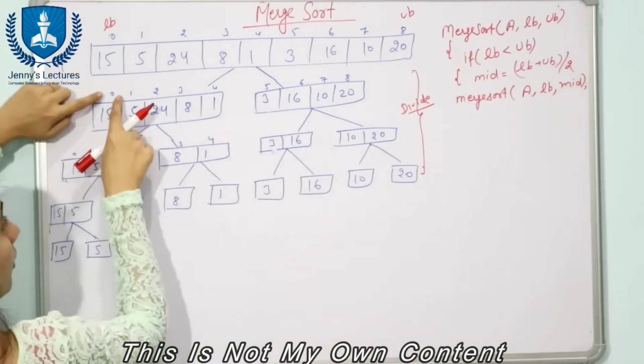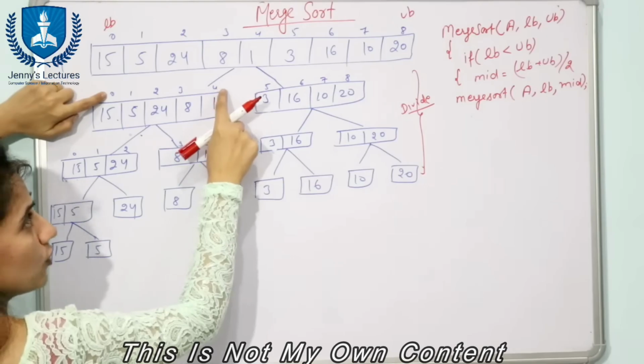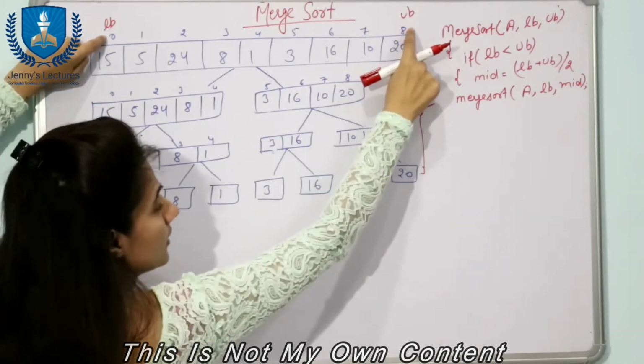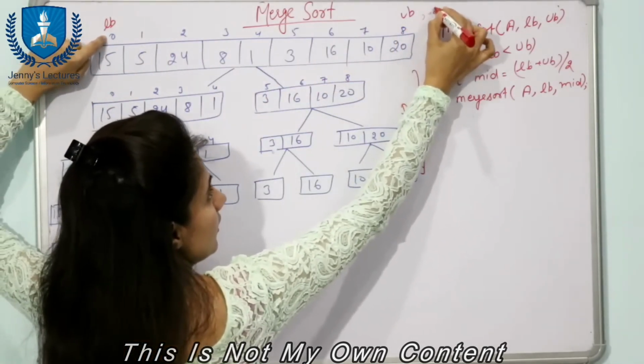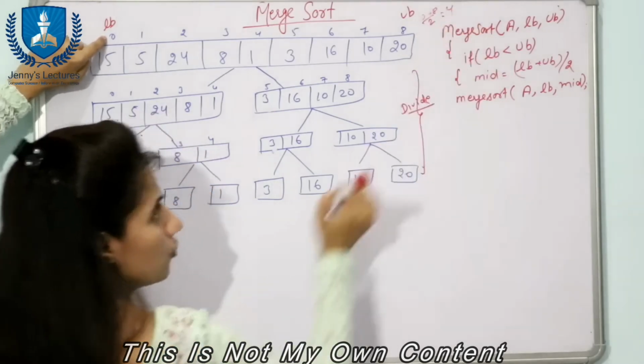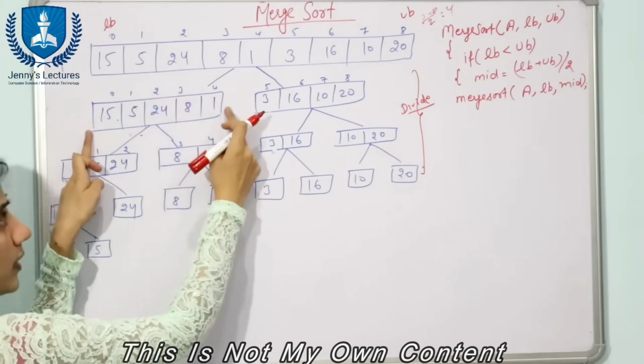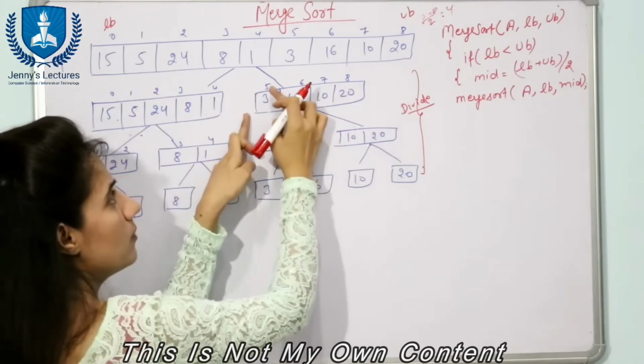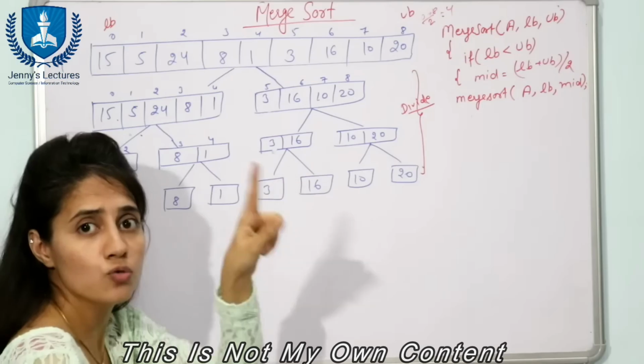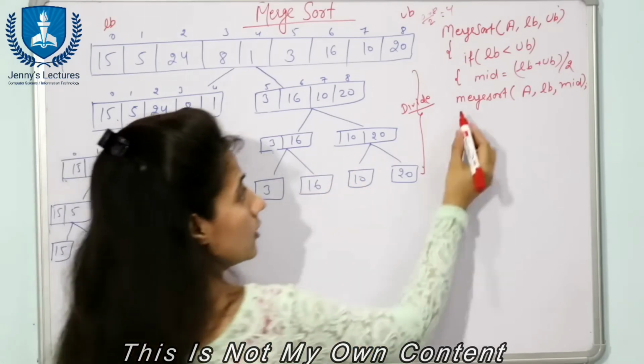See, from lower bound 0 to mid. Here mid is what? 4, because 0 plus 8 divided by 2, that is 4. So mid is equal to 4. So one half is from 0 to mid, and the next half is from 5 to 8, that is mid plus 1 to upper bound. So next is